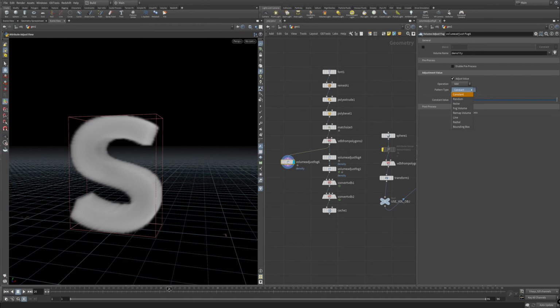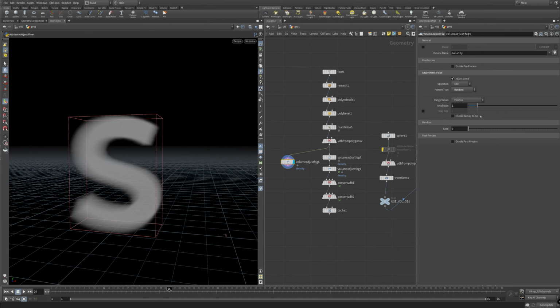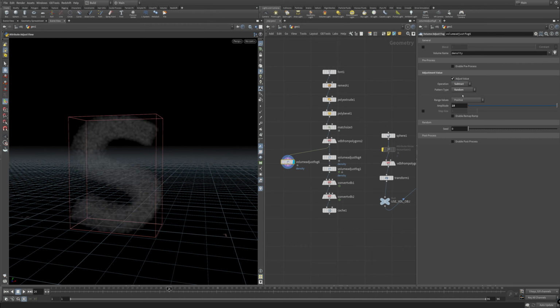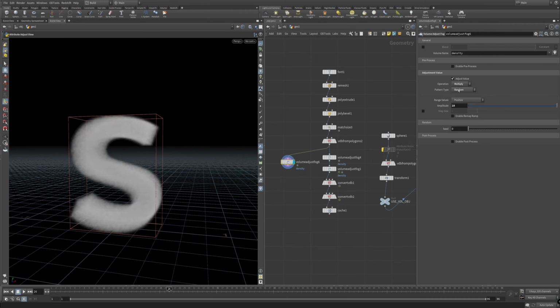Math. What else? Random. So it's basically taking the amplitude and adding it randomly across all the voxels here. So I'm randomly adding up to 10 across your voxels there, subtracting, multiplying, so on and so forth.